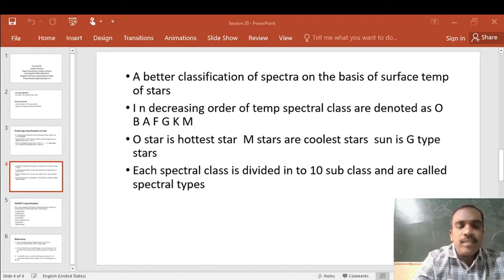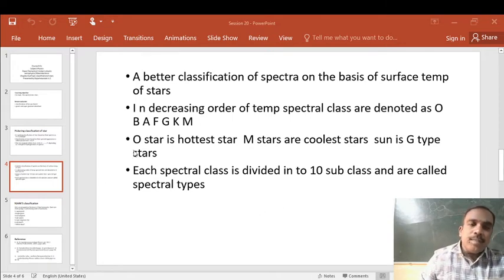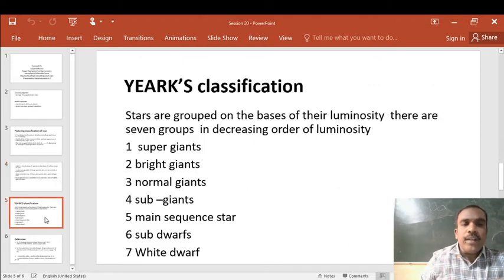G2 means the second hottest star in the class. The K spectral class is orange, with a temperature of around 3500 to 5000 Kelvin; Alpha Tauri is an example. The M spectral class is red-orange in color, with a temperature of around 2500 to 3500 Kelvin; examples are Antares and Betelgeuse. So the spectral class can be classified like this. The next classification is